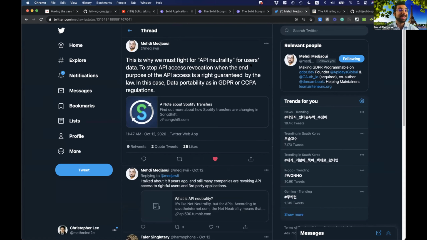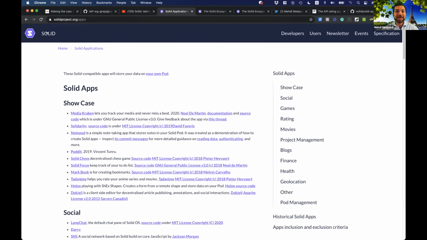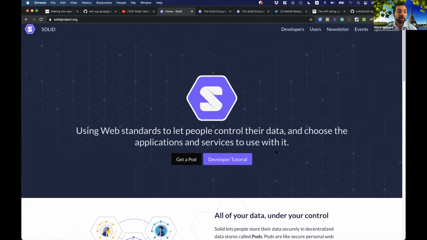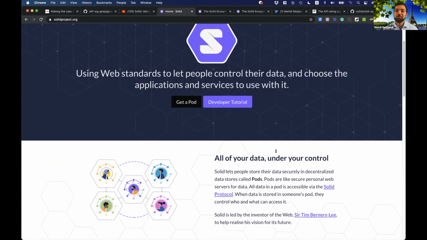Can you imagine someone like Tim Berners-Lee pushing for the web we want and having so few implementations of a standard? It's the fight of de facto standards that have traction, even if they're average like OAuth, versus good, well-thought-out standards designed by committee that sometimes have issues. I just want to raise this. Solid is not a standard, I agree, but a set of definitions and protocols, and it could be a de facto standard for the whole industry. It's based on W3C standards, which are not used as much as I would like. So this is just what I wanted to raise.